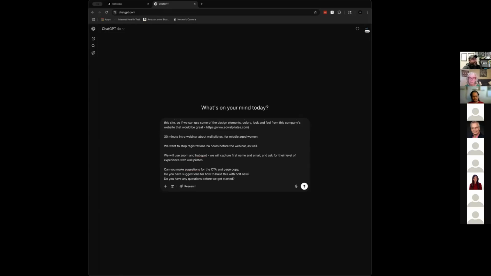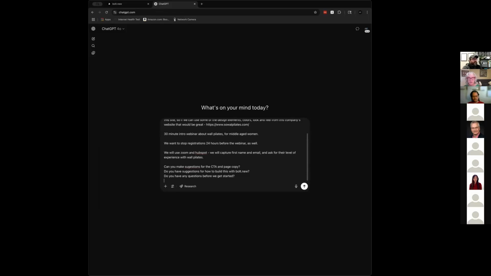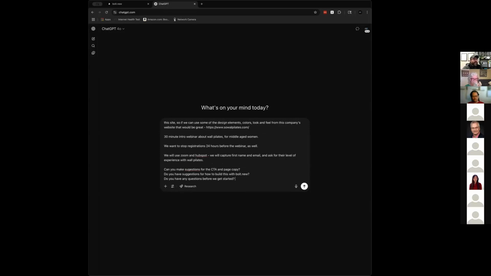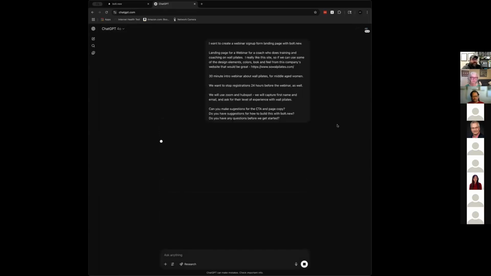And you're putting this into ChatGPT. Do you care about the model at all, or just whatever model? I honestly, I've never played with the models too much. I just use whatever comes up first. Okay. I'm kind of the worst. There's a lot of people that are very opinionated about the models. I think it just defaults to whatever the newest one is for me on this account, and so that's what I use.